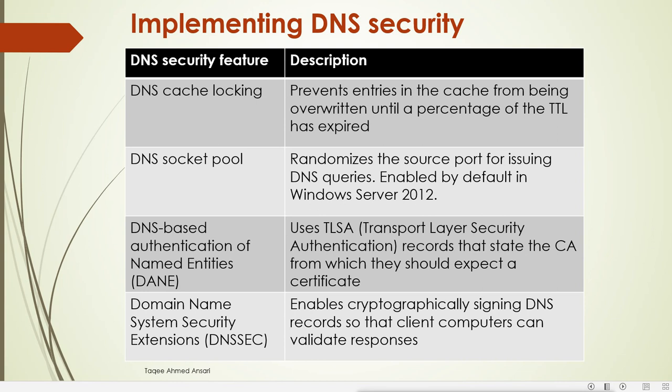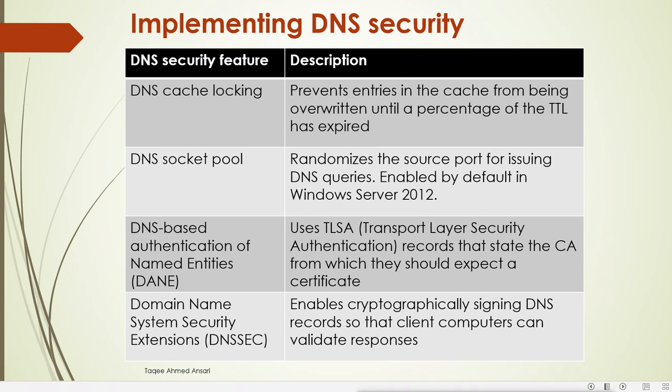In this attack, the attacker tries to corrupt the cache of the DNS server with a false record, so that when someone asks for, say, the valid web server, it redirects the client to a fake web server, and then the attacker can extract information from the client. So that it does not happen, we can do cache locking. Cache locking means it will lock the cache and not change the cache value until a specified time to live has expired. When the time to live expires, it can clear the cache and update it.